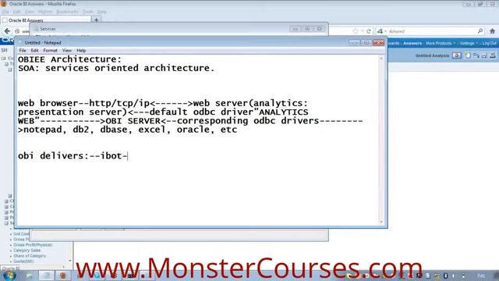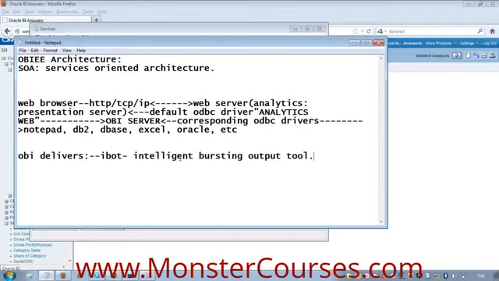So iBot actually stands for intelligent bursting output tool.